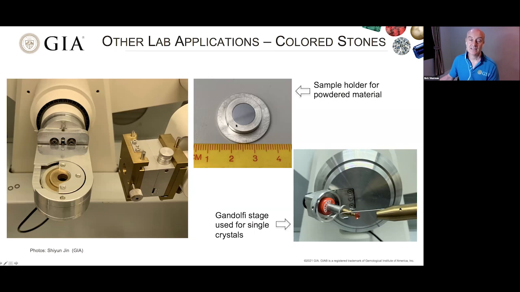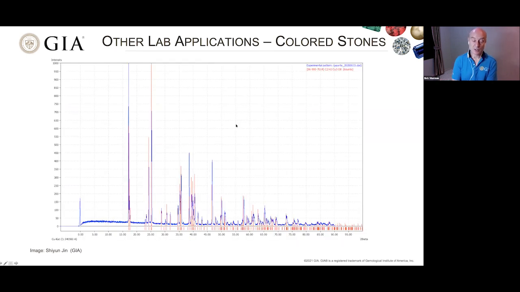And what we get is essentially something like that. When we look at the monitor, we get the spectrum of the mineral, and then the red lines are from the library, and if there's a match to the main peaks, then you can check from the library which mineral is the match. So for example, on this one, it was azurite. So it can be very useful in a lab for minerals that are not straightforward to test, where you're limited with the normal tests that are available in the lab.